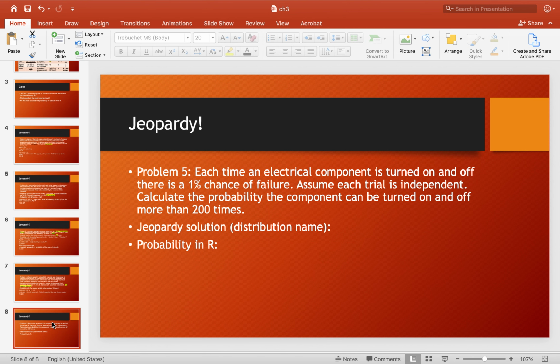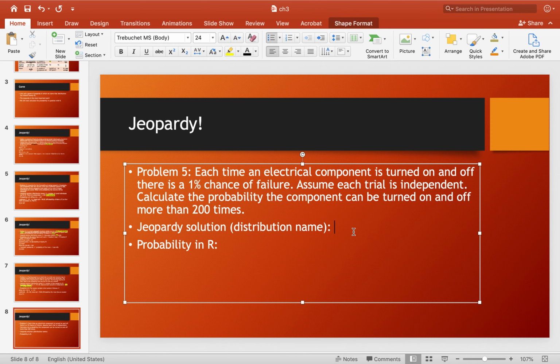Okay. So now here's our last problem. Problem 5 says each time an electrical component is turned on and off, there's a 1% chance of failure. Assume each trial is independent and calculate the probability that the component can be turned on and off more than 200 times. So here I have X is the number of trials